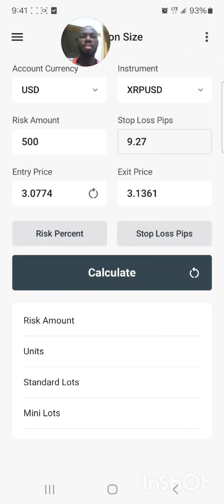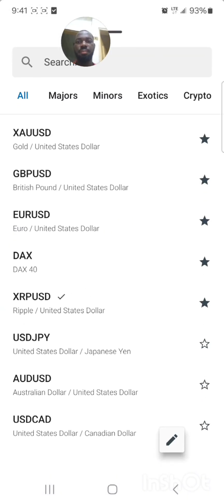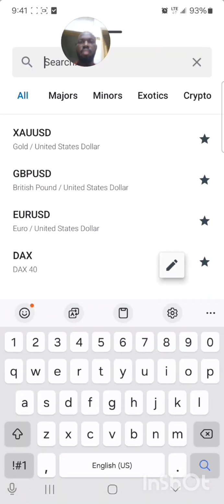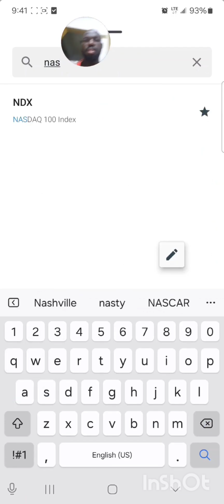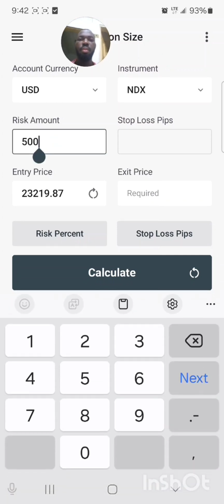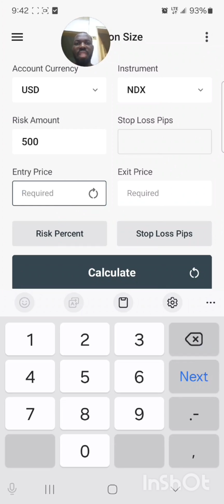You see here account currency. The account we're using is in USD. Whatever account you're using, you can put in GBP pounds, whatever account currency, you can put it there. Then the instrument which you are trading is NAS 100, which is US 100, also NASDAQ. The amount we're willing to risk is $500. Then we don't know the stop loss yet. Then the entry we're entering at that trade,